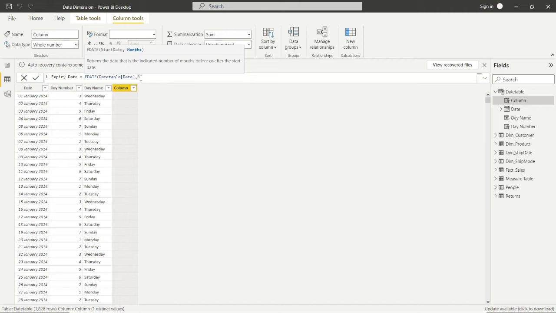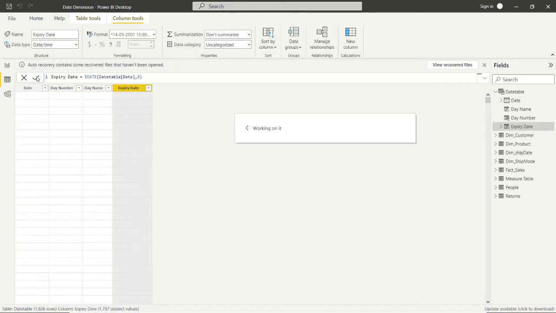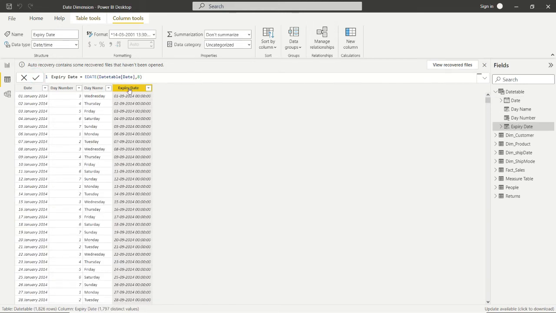Suppose you want 8 months, so we can take that one. It's reflecting the date and time format both, so we'll change it to the date for our convenience.